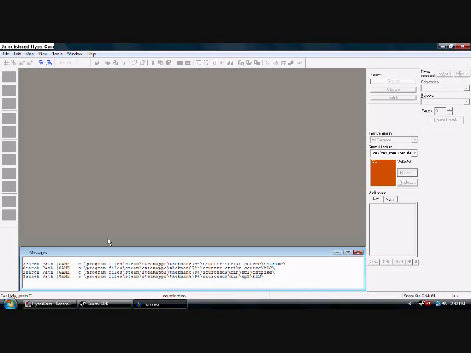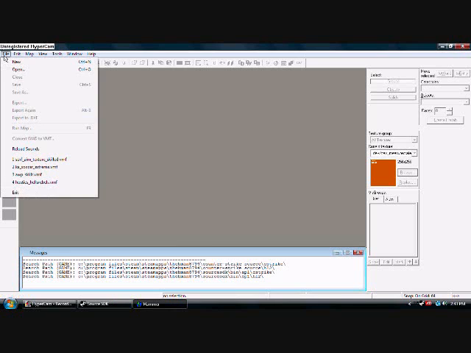Tutorial on how to make a map for beginners. I'm doing this in Hammer. You can get it from the Source SDK. You get Source SDK from Steam, under Tools. Once you get Hammer, go to File, New,